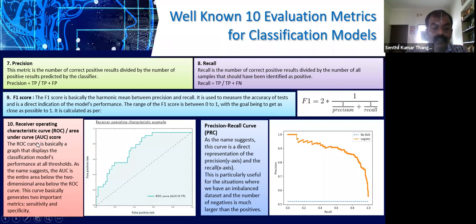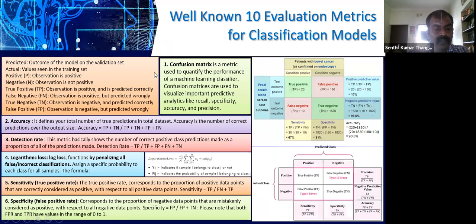The last one is ROC, that is your receiver operating characteristic curve. That actually will be a plot between false positive rate and true positive rate, right? So you need to look at your ROC curve, right? The ROC curve area is very important, because this will say whether the classification quality is high or not. Or the other way of talking about this is that ROC gives a direct interpretation of the previous two metrics that we have seen: one is your sensitivity and the next is your specificity, right? Okay. That's all from my side.